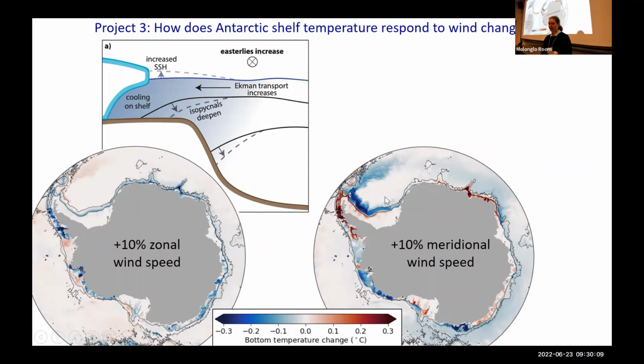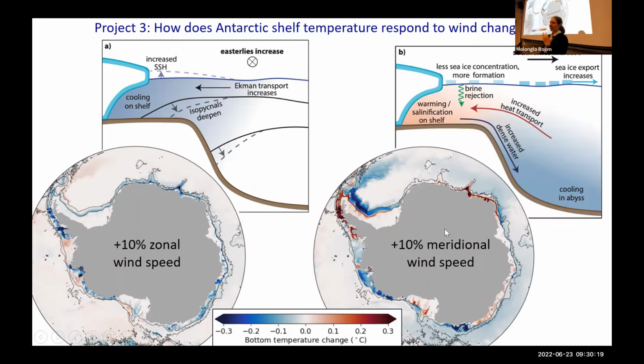Much more surprising is the different temperature distribution response that you get when you change the meridional winds, the north-south winds. Here what we found is that the change in the bottom water, the dense water production, dominates. You can see the four dense water formation regions here, the Weddell Sea, Ross Sea, and here, and it's downstream of each of these dense water formation regions that we're getting warming on